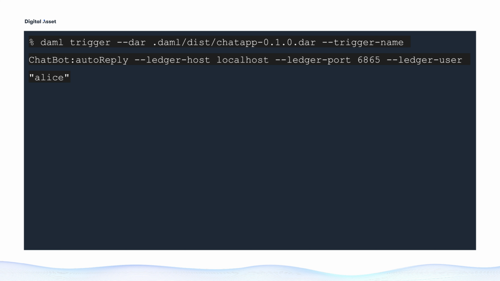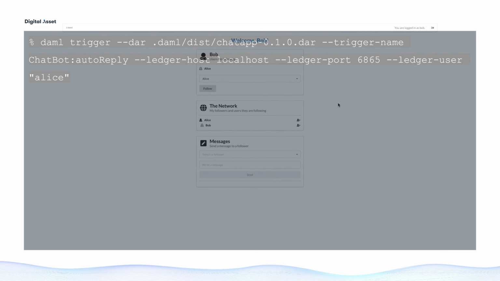A trigger can also be run under an on-ledger identity of a party, in which case we would use the ledger party parameter. We can also run the command under an off-ledger identity of a user mapped to one or more parties with can act as and can read as privileges, in which case we would use the ledger user parameter, as in this example. Once the trigger is